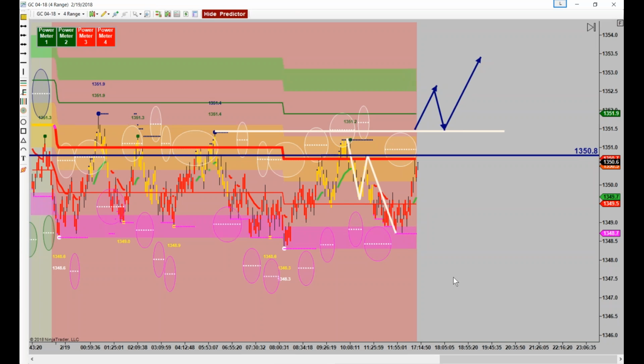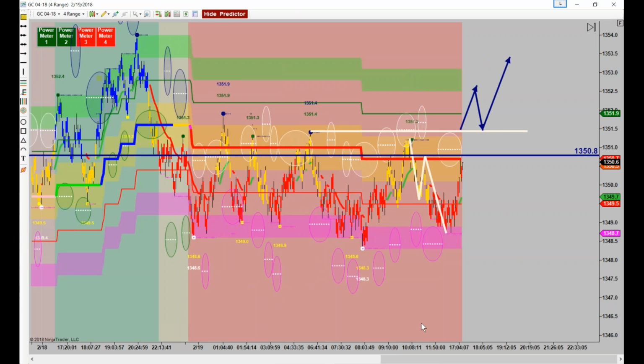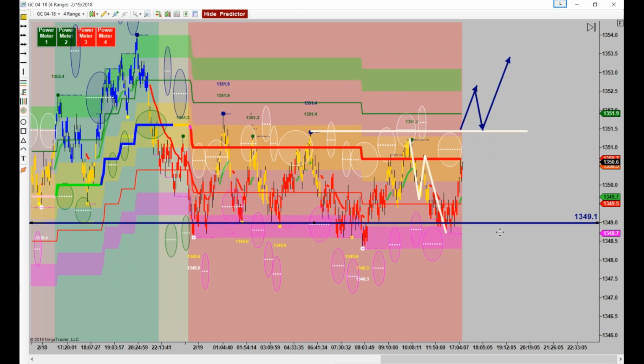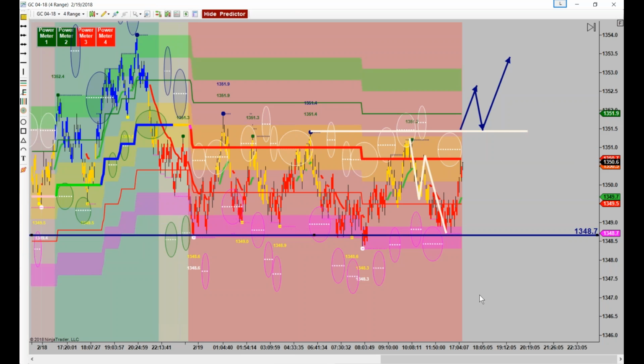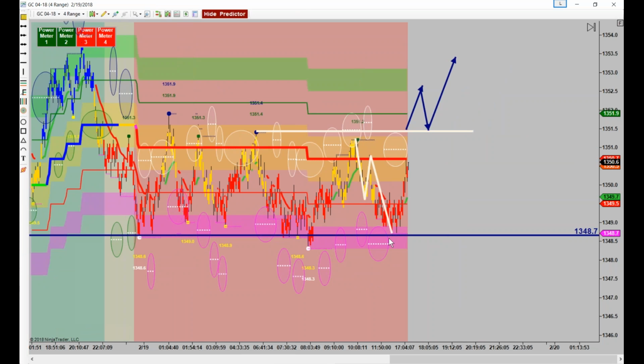Now, if you're a conservative trader, you can also even wait. If you don't like boxing in around mid-bands and things like that, you've got another choice, and that is to simply wait until it breaks support down in here and do the exact same thing. And you can do all this based on Lightning, because Lightning 2 and Lightning 3 are really good at this.